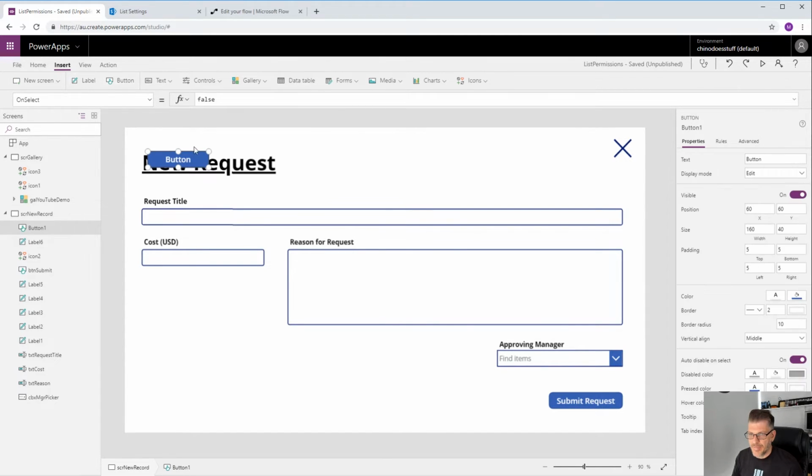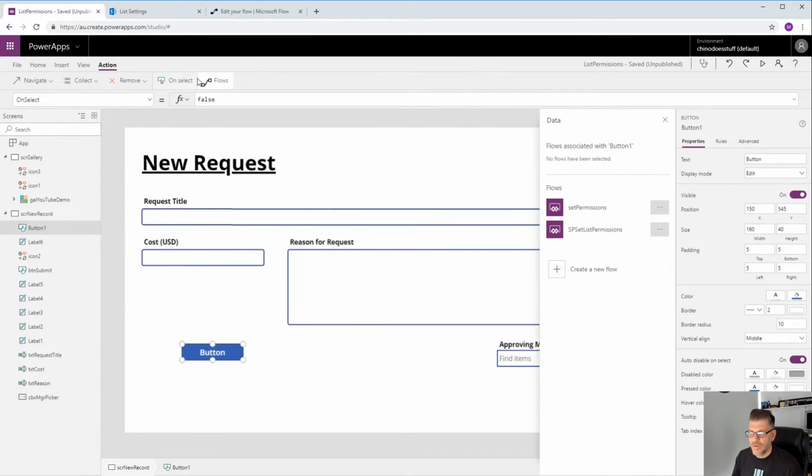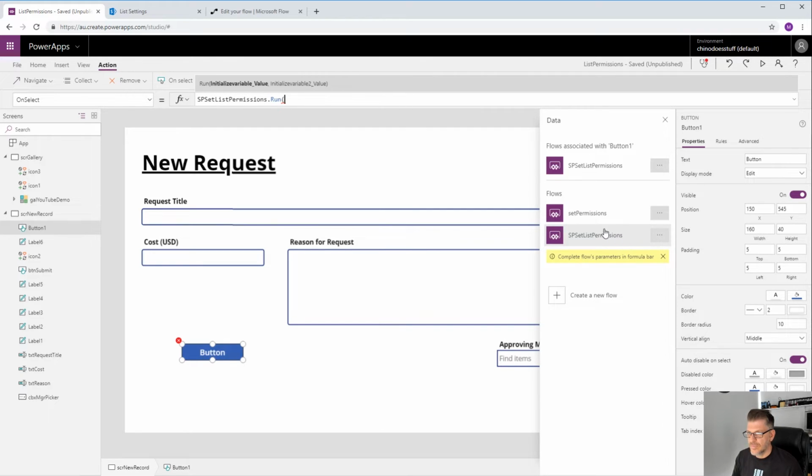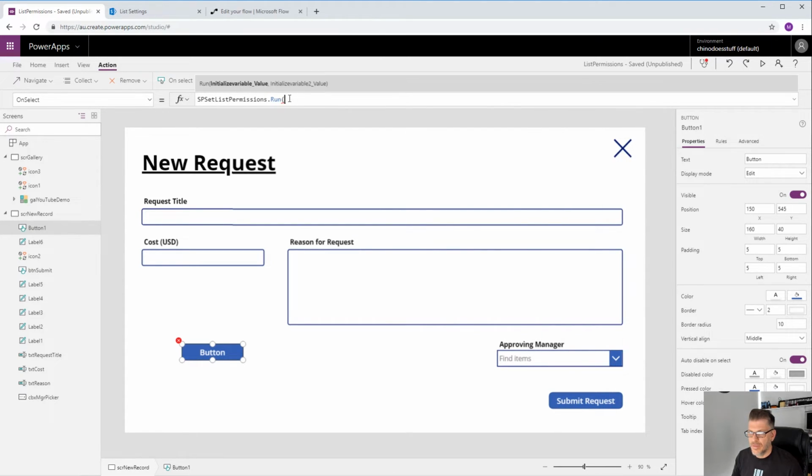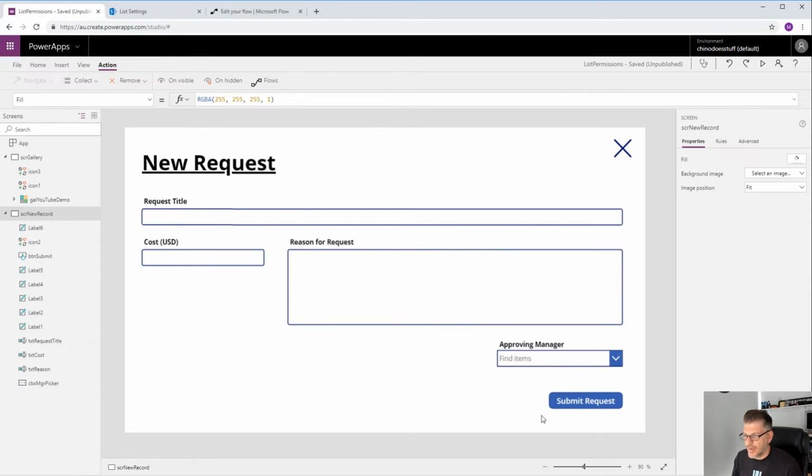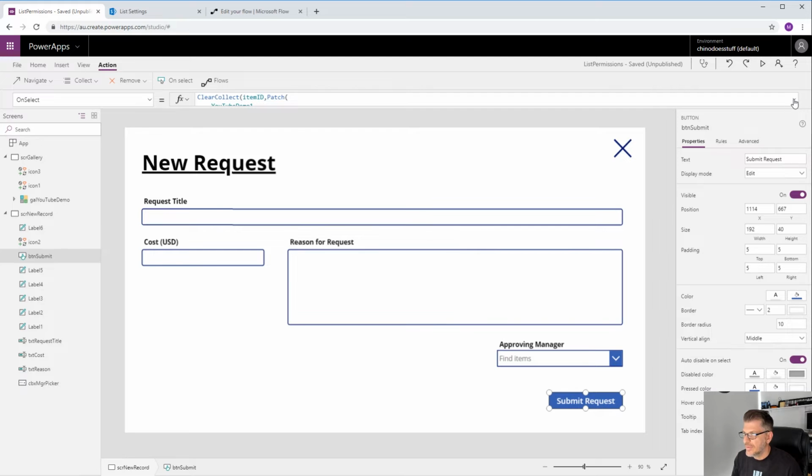I'm just going to add a button. I'm going to highlight the button, on select, action, I'm going to go to flow, and just hit the SP set list permissions, which is the flow that I just created. You can add that in there. So now that's added, but I'm going to copy that out of there because I don't want a random button there. Let's just delete that button out of my Power App. Go to my submit request,